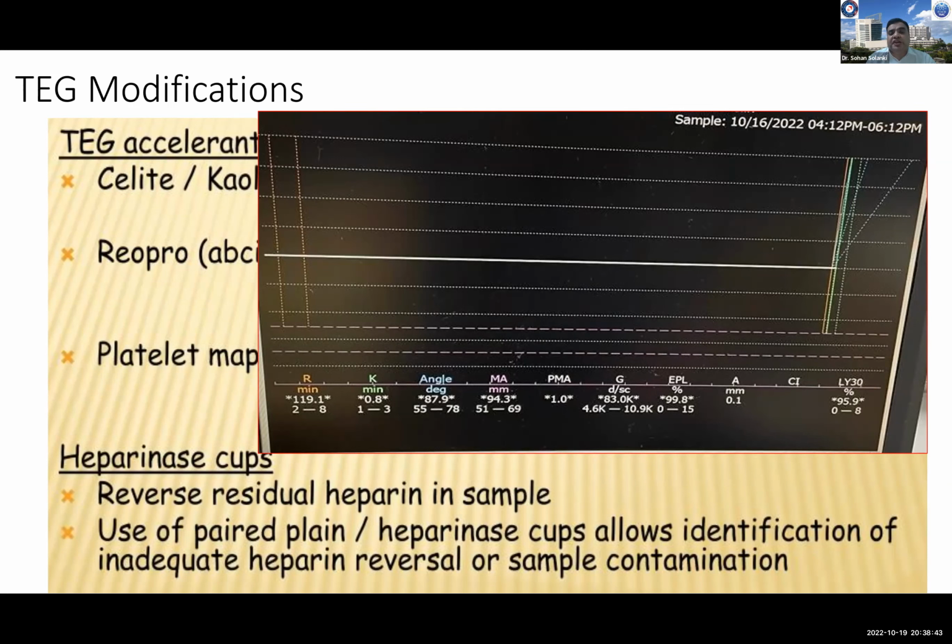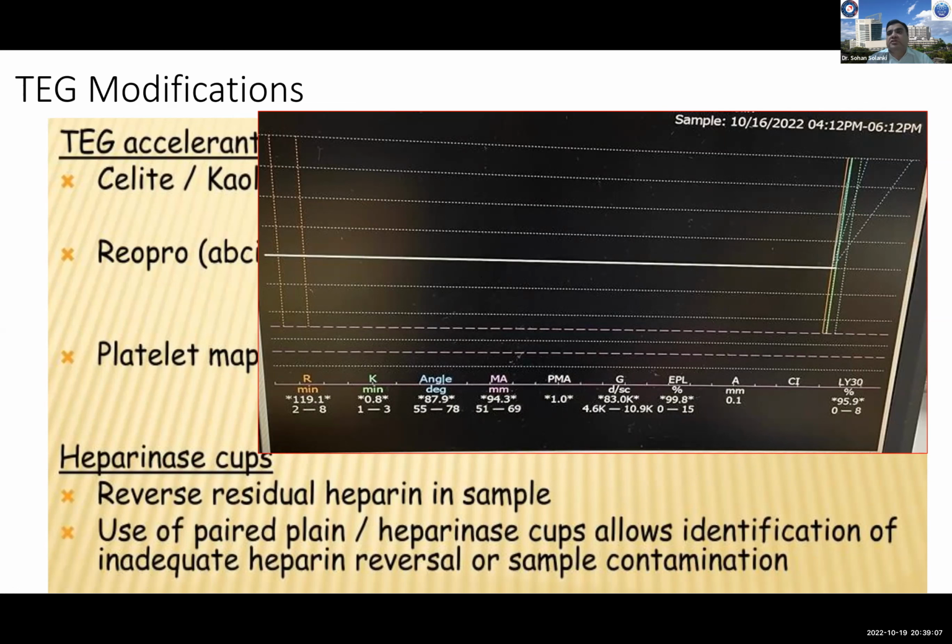So it will continue shedding the heparin into the circulation, and you can have this type of waveform where you will see there is no R, then no K, alpha or some MA. So for this you can use the heparinase cup. This heparinase can reverse the heparin in the sample, and for that to see if it is really a contaminated sample